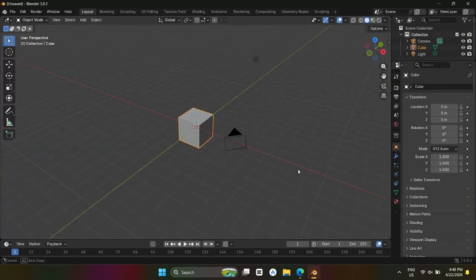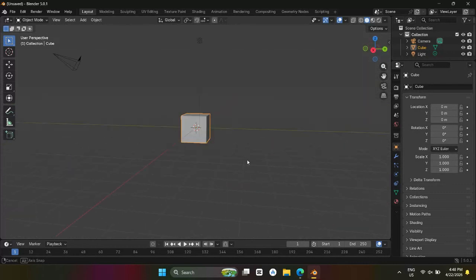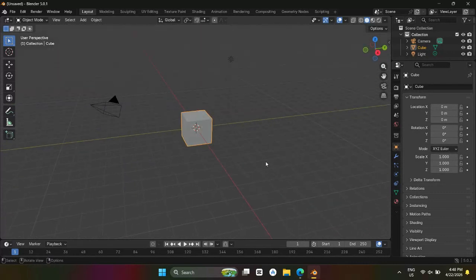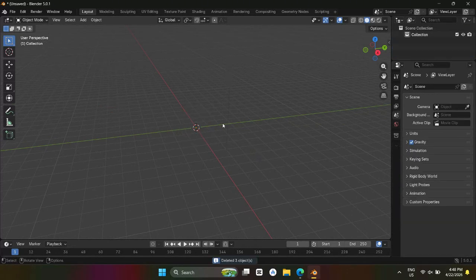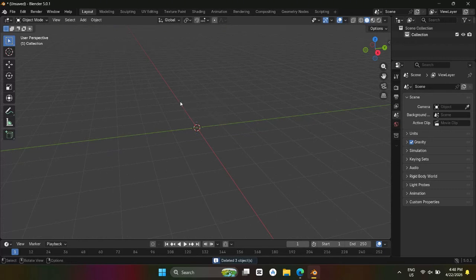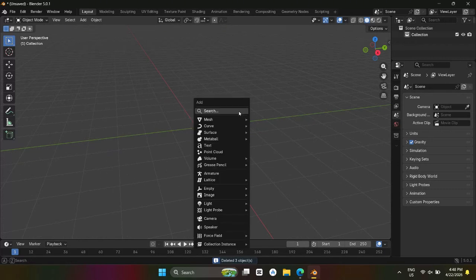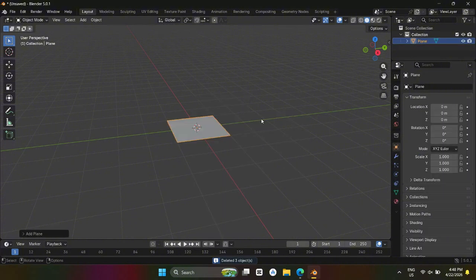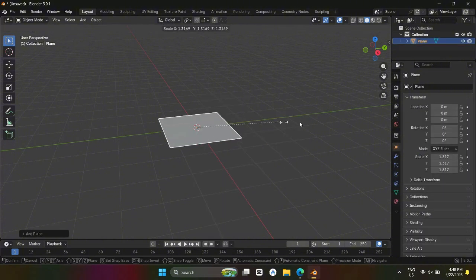In this video, we're gonna make a glass in Blender 3D. First of all, we are gonna delete all of the things in our workspace by pressing A and Delete. Then we are gonna make a scene by adding a plane from the mesh menu and scaling it a little